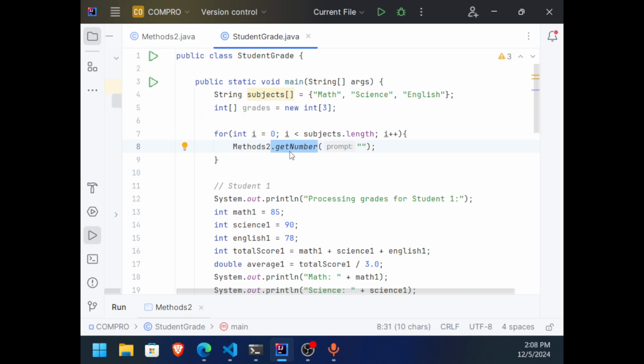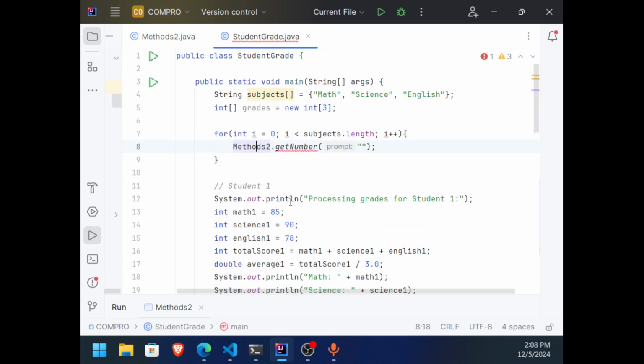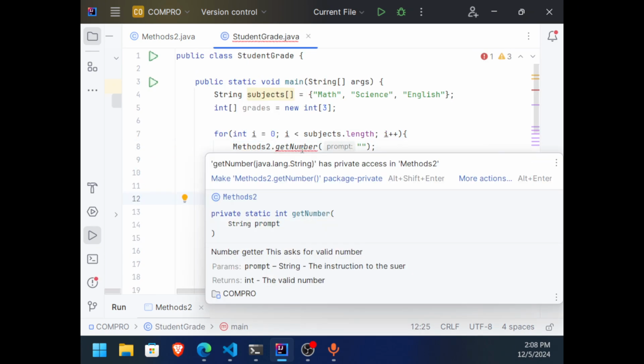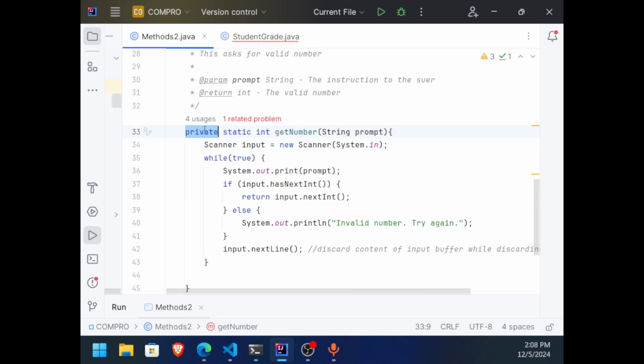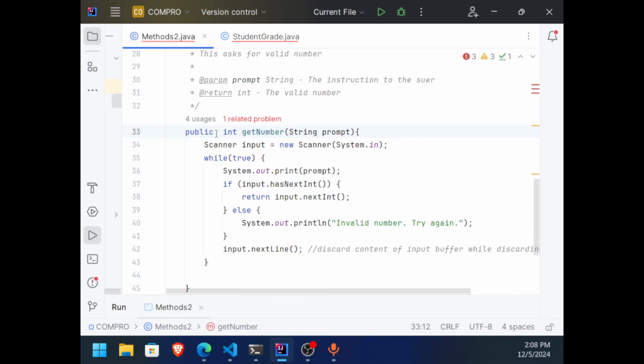Secondly, I can use getNumber of the class Methods2 here, in a separate class, because it is public. If this is private, I can no longer access it here. This will create an error. That's the purpose of that. And if I remove static there, I can no longer use it here. So it's important that you make it a public static.